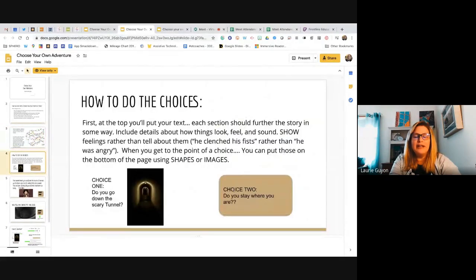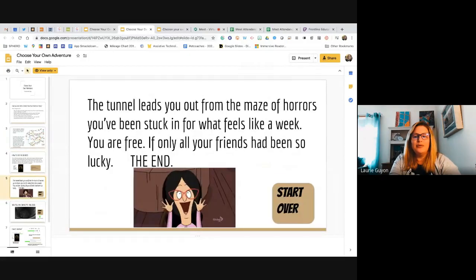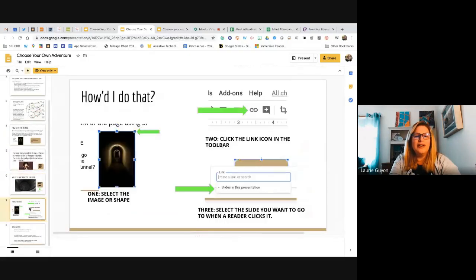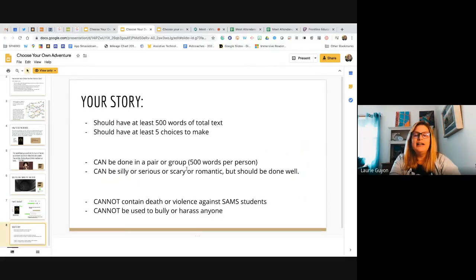They talk about how to make the choices. And then you go through the story, and then it'll explain how to do it, which I'm going to get to in just a moment. All right. And here is the lesson saying you need 500 words of text, 5 choices, pair of groups, and you decide how you want to do it. So